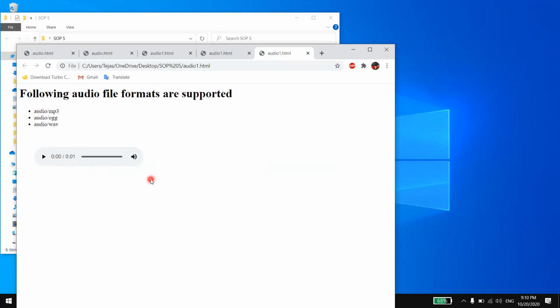So the user will understand that he or she has to use another browser, because the problem is not in the program. The problem is with the browser itself, like Google Chrome or Internet Explorer. Now in both there is no error. Chrome and Internet Explorer both support this file format.